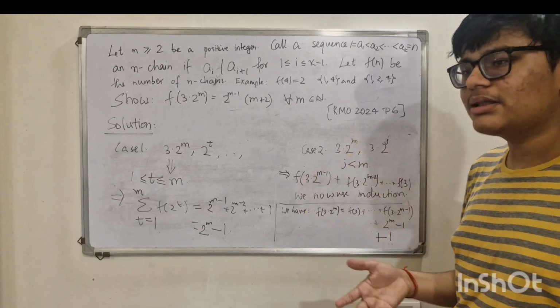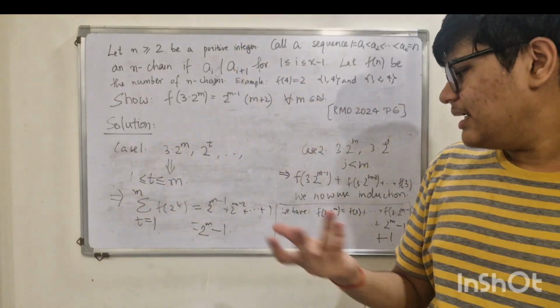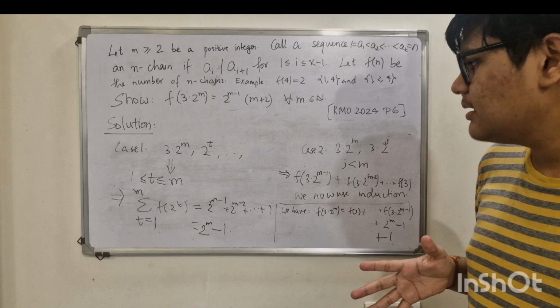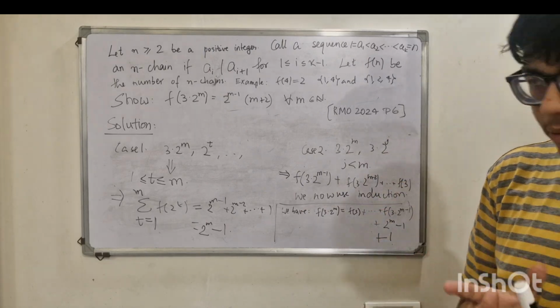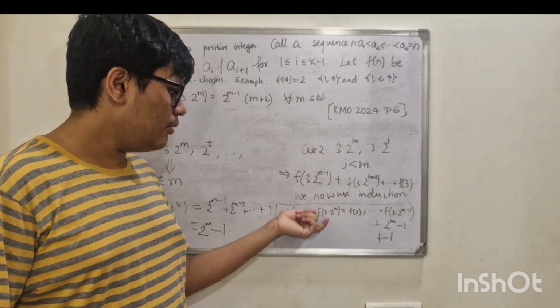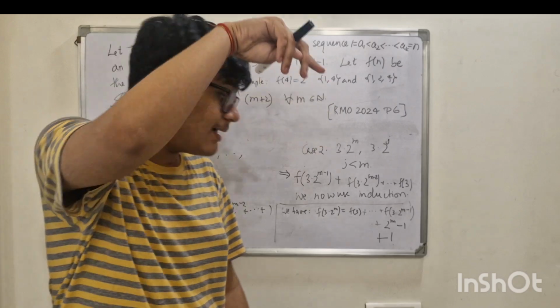The number of sequences of this form will be f of 3 into 2 power j, and that I just write as a sum, right? Frankly, you can just write it as a sum. And now we'll use induction. So what we have done till now is that we have f of 3 into 2 power n equal to f of 3 plus f of 6 plus so on till f of 3 into 2 power n minus 1